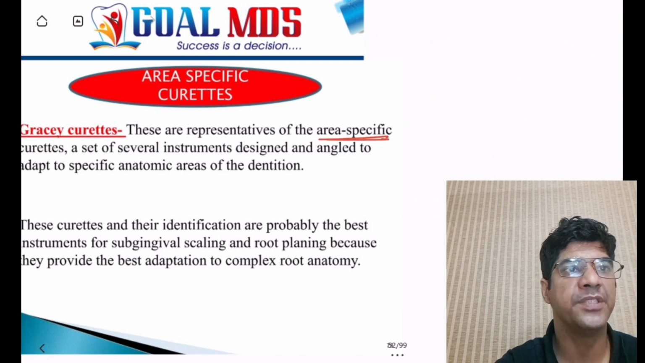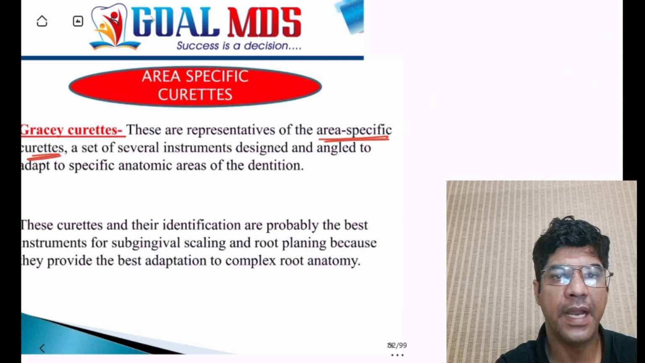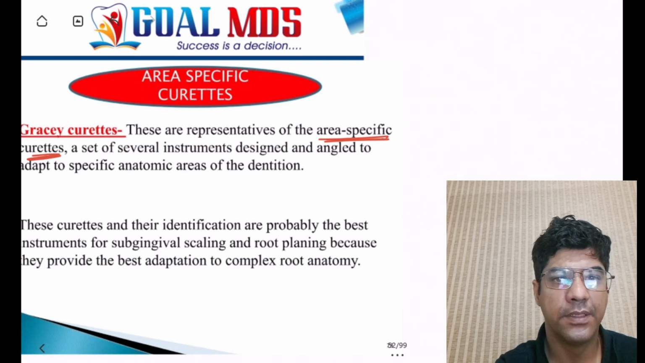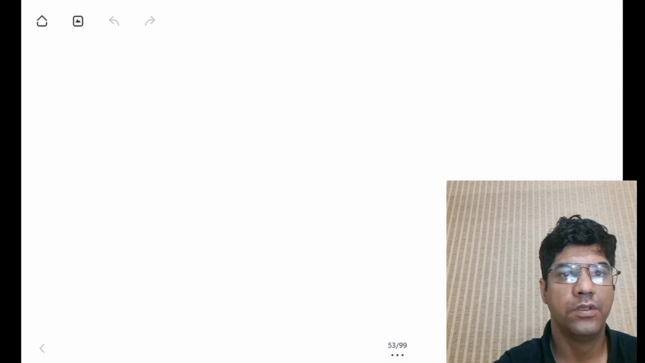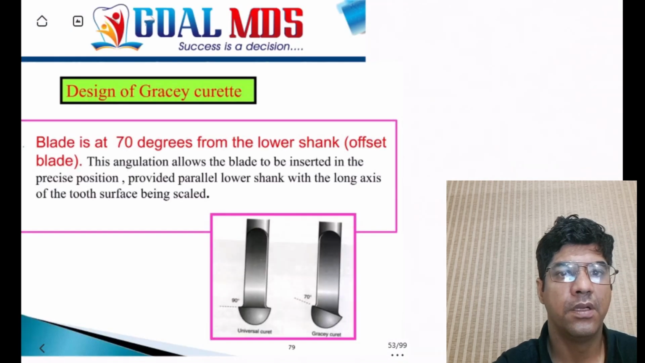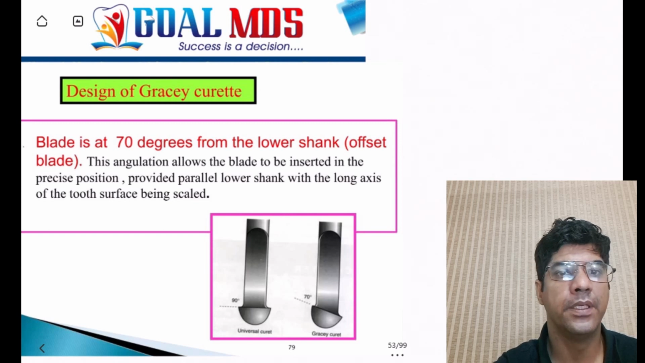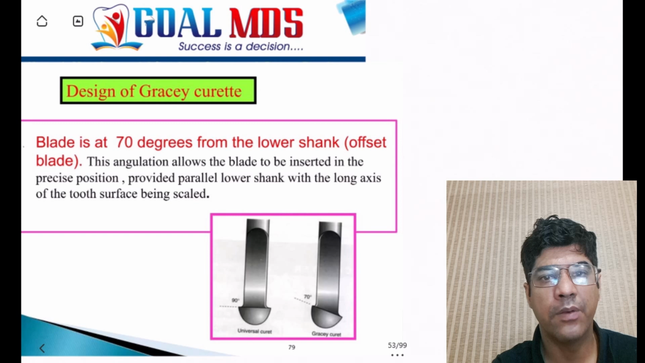Gracey is the area specific curette, which means they are designed and angled to adapt to specific anatomical areas of the dentition. They are considered for subgingival scaling and root planing due to their ability to adapt well to the complex root anatomy. Very important from your exam point of view, the Gracey curettes have a unique angulation